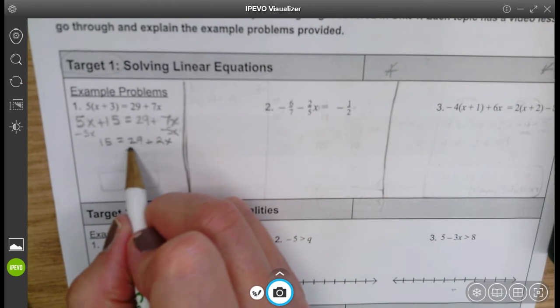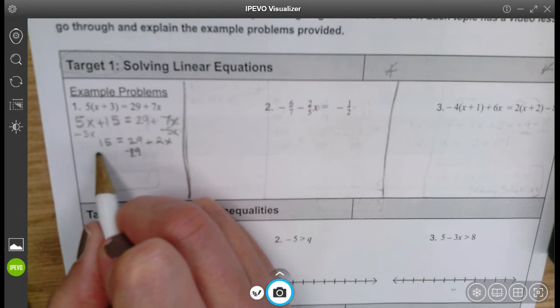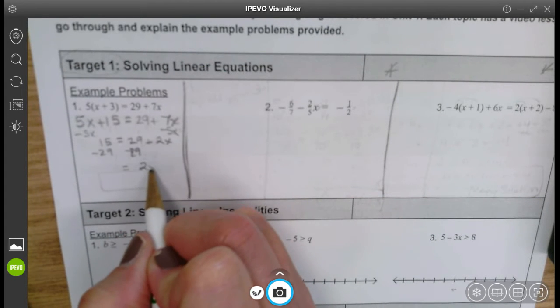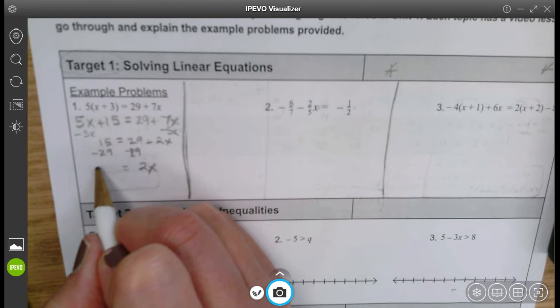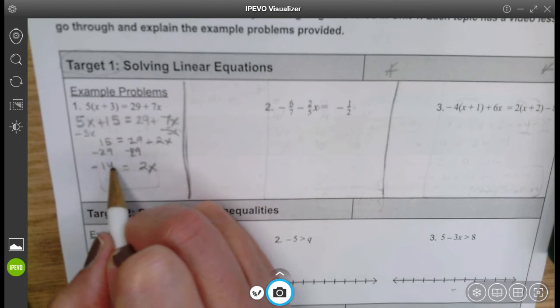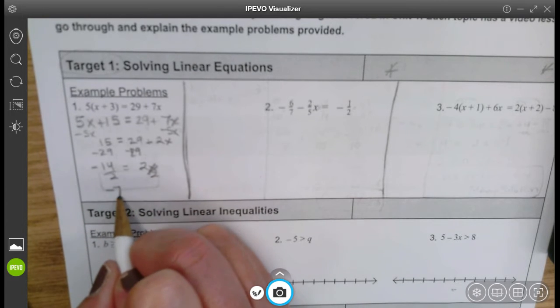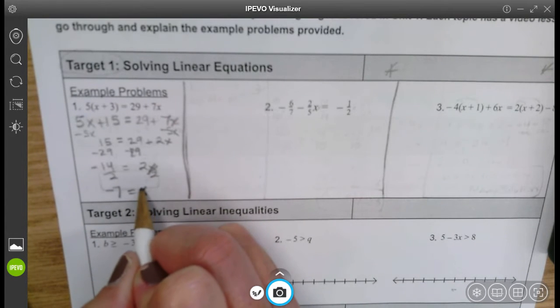I just prefer it. So isolating the variable, we have to move this 29 now. That's going to give us a 2x isolated there. This is going to be a negative 14. And now you just need to divide both sides by 2, and you end up with negative 7 equals 1x,